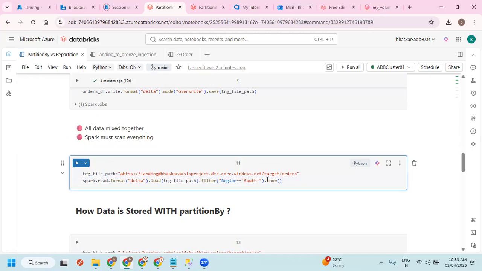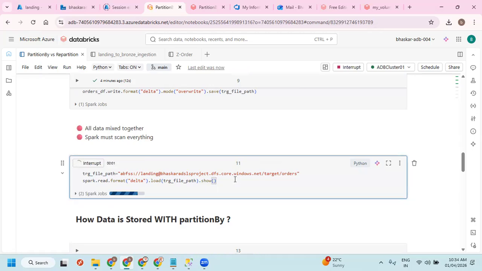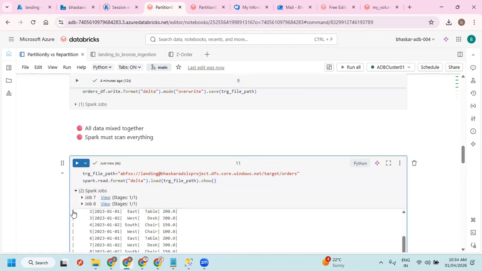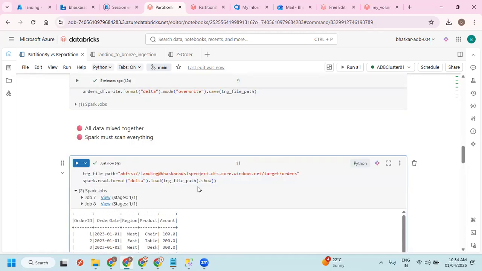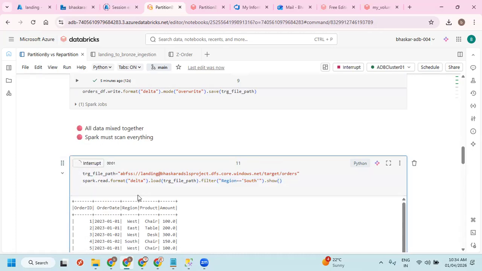Okay, so let me take out this. Now let me run it. So it is reading all the data. I don't have any problem with this. But if I run it, I wanted to read the data for only region south.